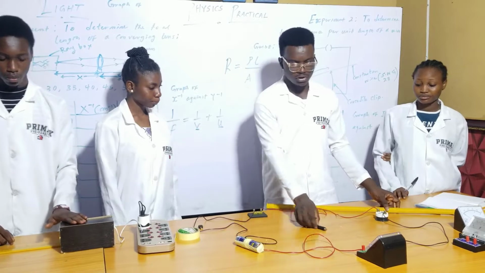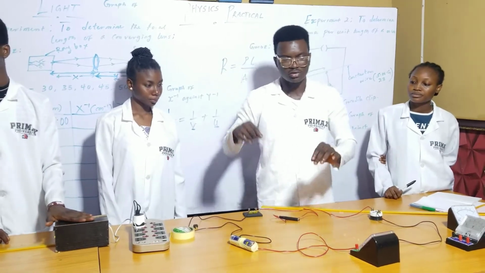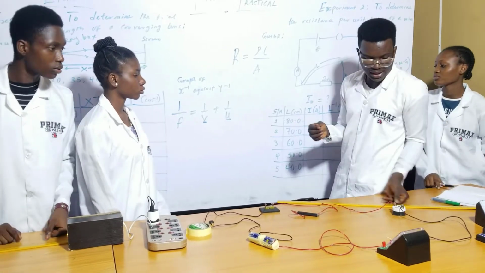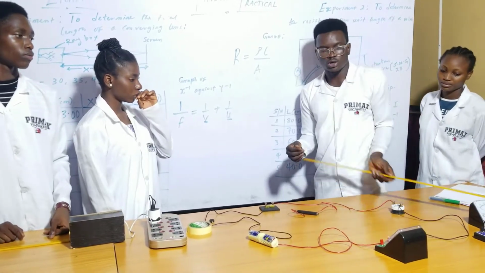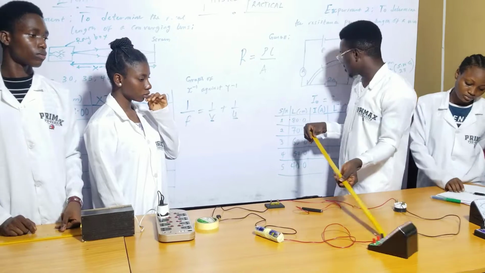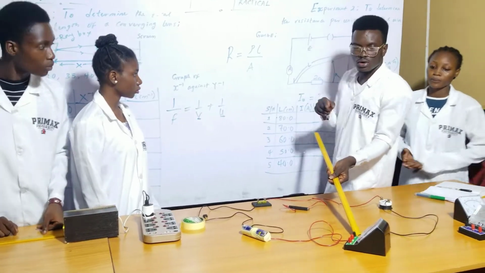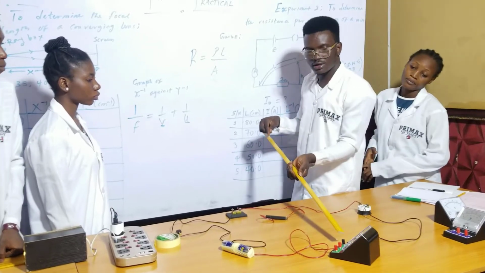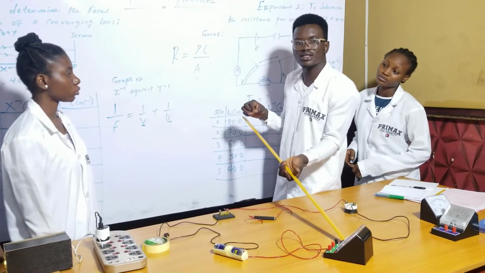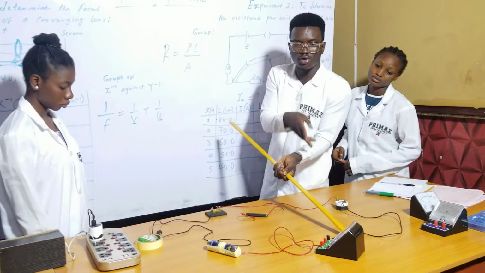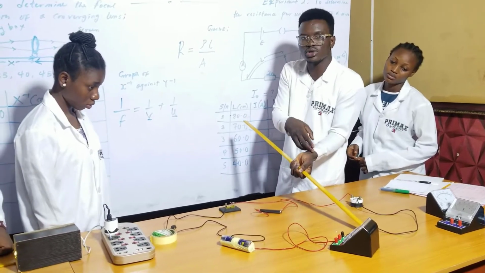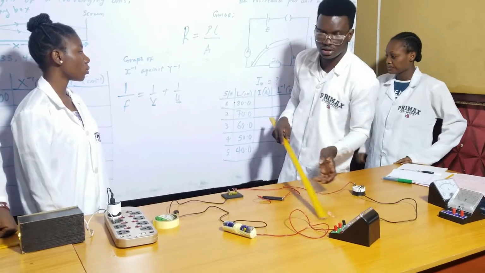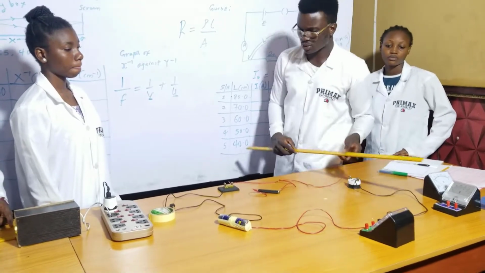Before I connect, I'm going to be measuring different lengths of this Constantan wire, like I told you, 80 centimeters. I'll be using my meter rule to do that. At different lengths, I'll be having different currents. Having different currents means that the length of this wire is affecting the resistance of whatever current is flowing in it. So we'll be having different currents as we continue to change the length. That's what we want to do.